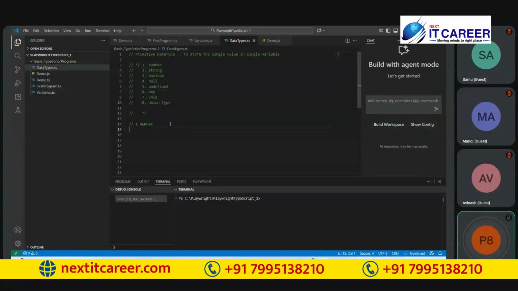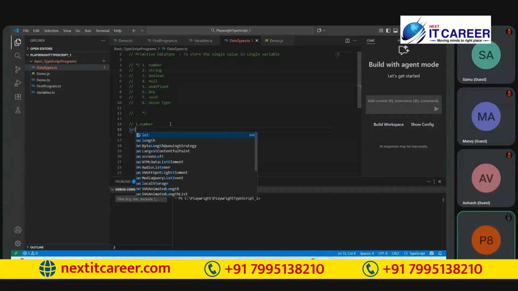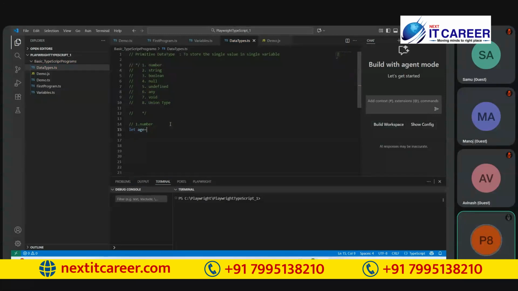Suppose I have one variable: let age colon number equal to 35. See this, let is a keyword; yesterday we discussed it is a block scope variable. Here age is the variable name, colon number is the data type, and to store the value we use the equal assignment operator. My value of age is 35. This is the way we can define a variable in TypeScript.